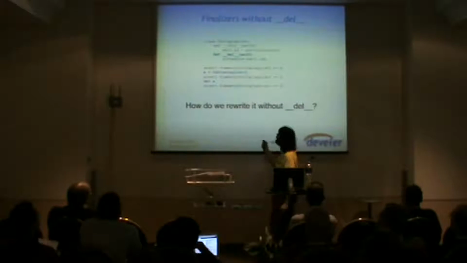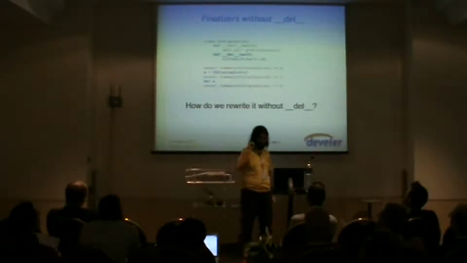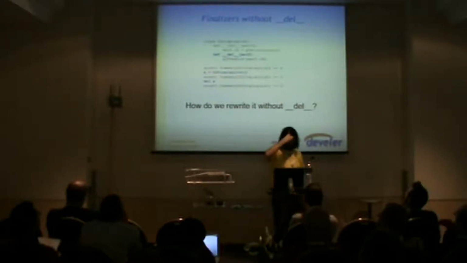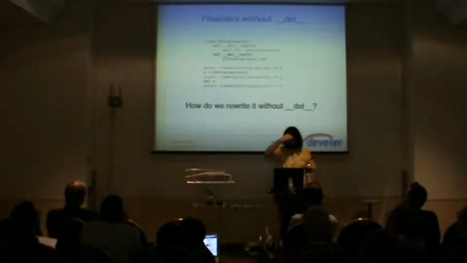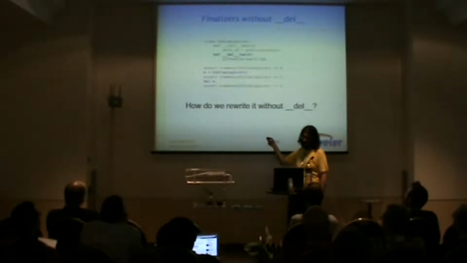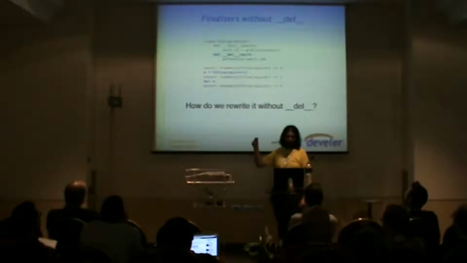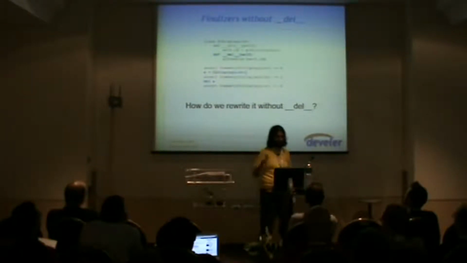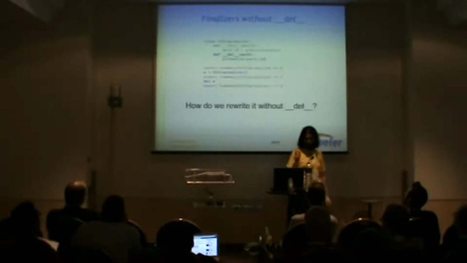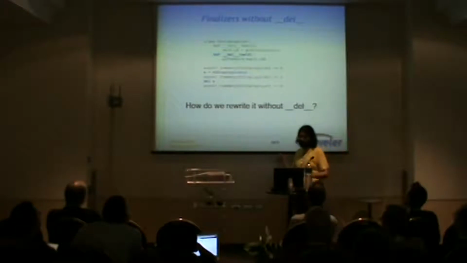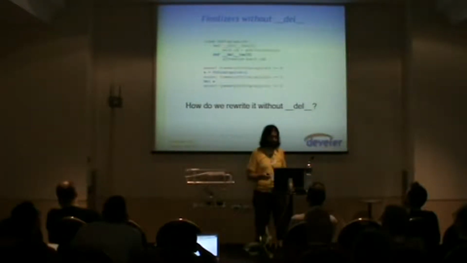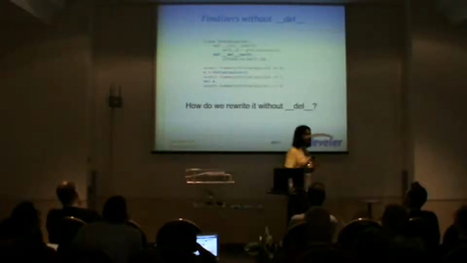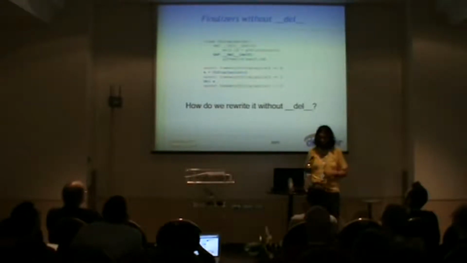So back to the example, glAllocList, glFreeList. This is with del. You can see how many GL display lists: 0. I allocate one, how many? 1. I delete that object, how many? 0. So everything is working correctly. The del is being invoked. How can I rewrite this without del?